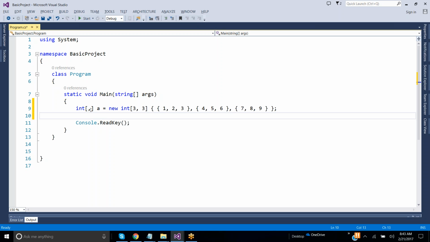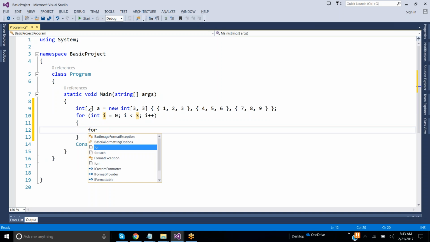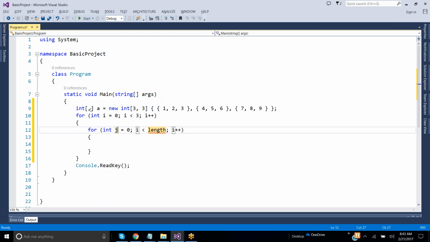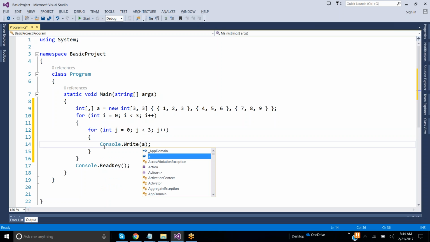Okay? Listen here, all of you, very carefully. The looping is also a bit difficult here. First loop for rows and second loop for columns. Okay? int i = 0, i < 3, i++. j = 0, j < 3, j++. See, I'll explain to you. Console.Write. First I'll write the code, after that I'll explain it.